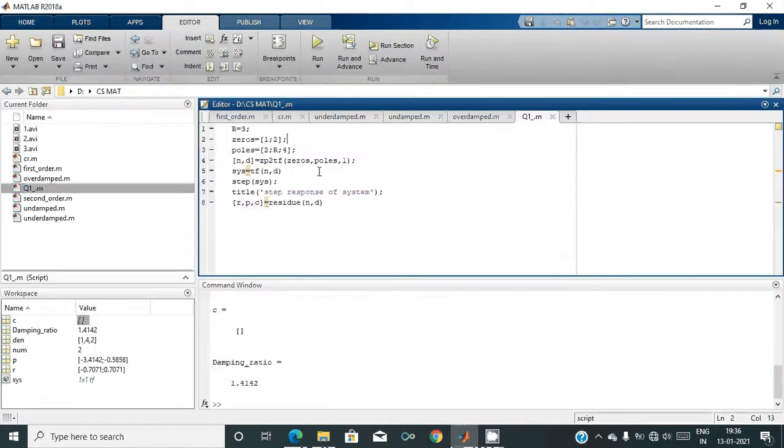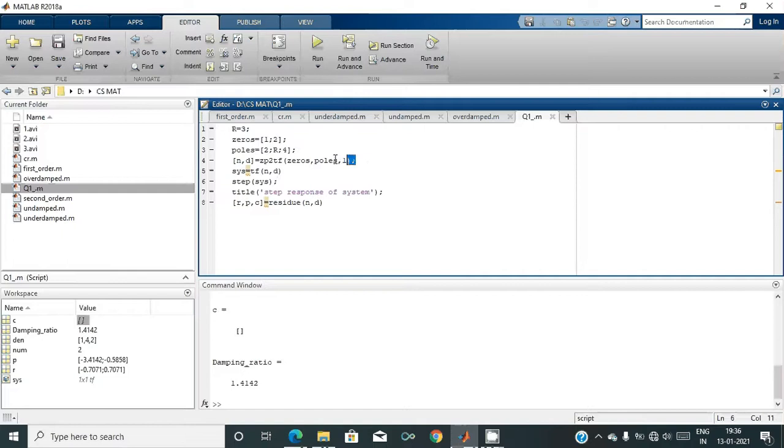In the programs we discussed earlier, we gave the numerator and denominator coefficients of the polynomial to the transfer function, that means the TF function. But in this, we will just give the poles and zeros. For that, I have created two vectors of zeros and poles, and I have passed them to ZP2TF. This is another function. You should refer to the MATLAB docs for detailed documentation. For now, you should refer to MATLAB for the residue function, ZP2TF function, step function, impulse function, everything. Just refer to the MATLAB documentation once, so you'll get more idea of it.